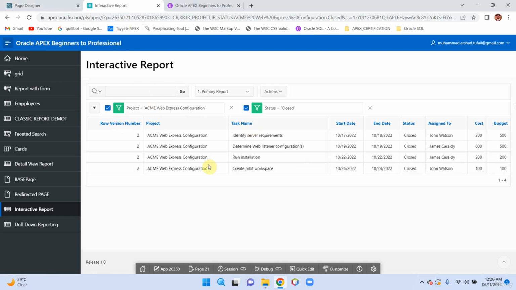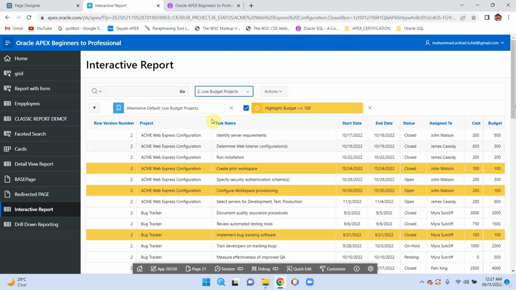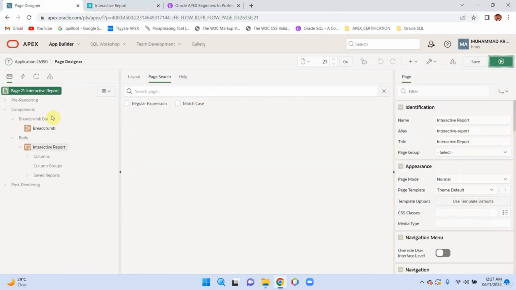So in this lecture, we will see how we can call our saved reports programmatically. For example, this is our primary report, and when I click on low budget projects, this is our saved report. Now I want to call this report from another page. So this is page 21. Move to page 21, select saved reports, and here you can see